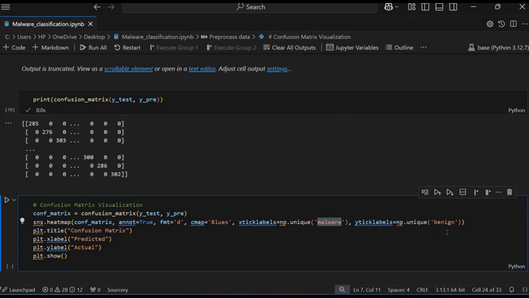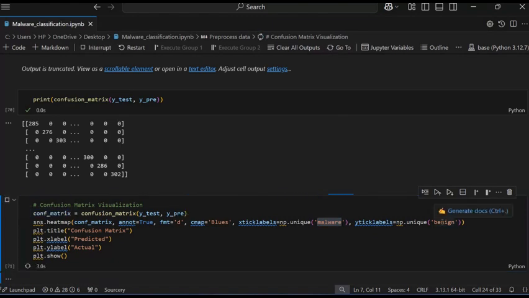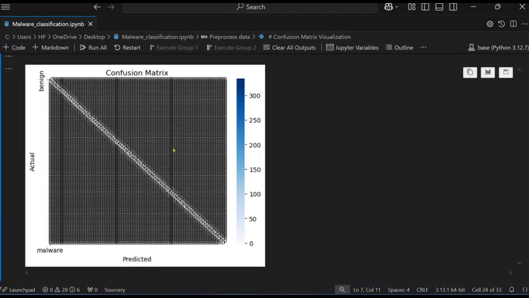This is the classification column value I pass. I want to see the predicted and actual values. So this is the Benign and this is the malware.